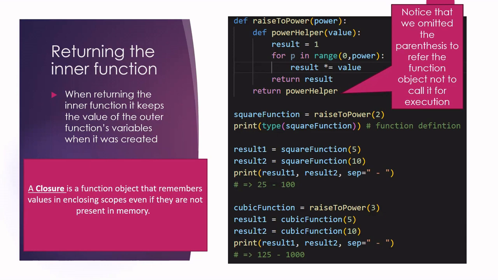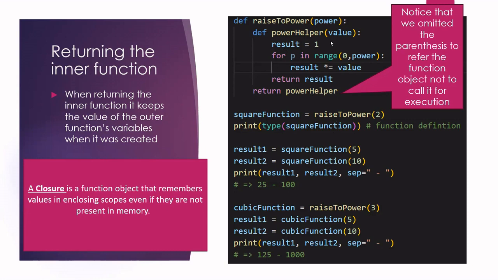So when we define an inner function and then try to execute or access this function from outside of its context, for example, if we define an inner function from another function and then return it, then that function comes with the enclosing context. All right, so after the function was executed, for example, we had a function called raise power that has an inner function called power helper, right? Now, when we executed the raise power